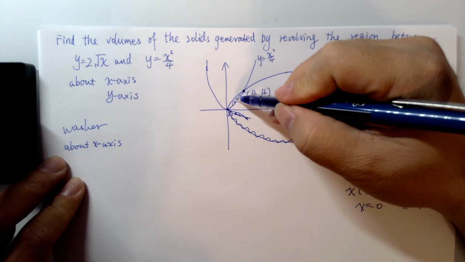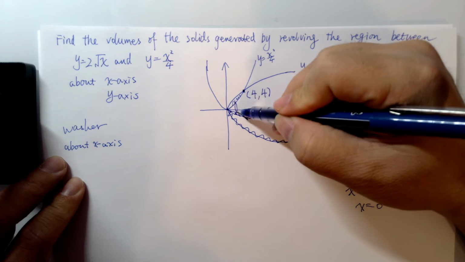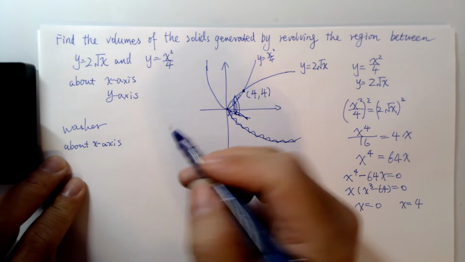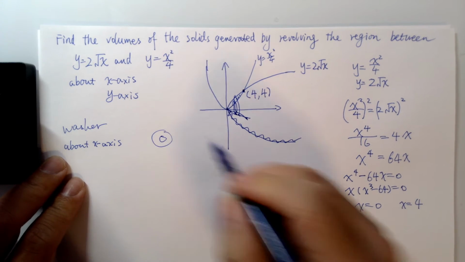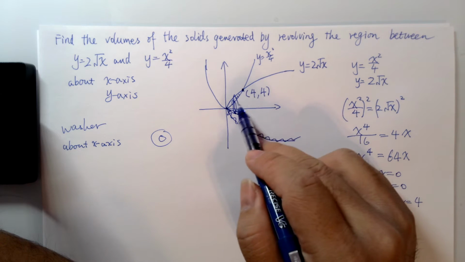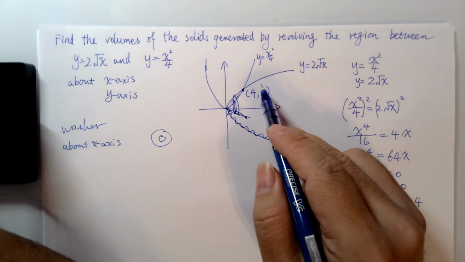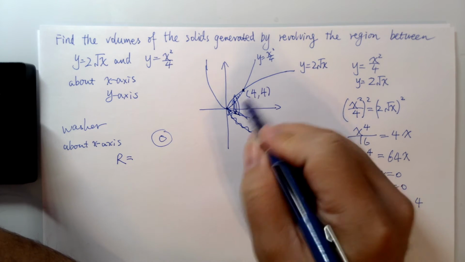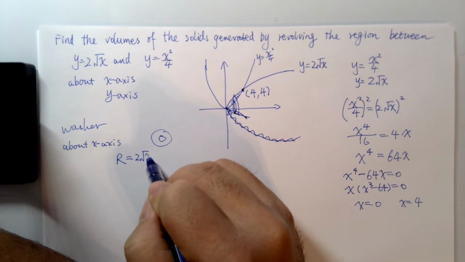And noticing that if we draw a cross section, very bad drawing, okay guys, the upper function is going to be 2 square root of x, the lower function is going to be x squared over 4. So our capital radius, which is the upper function, is 2 square root of x, and